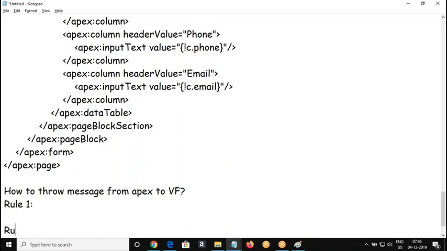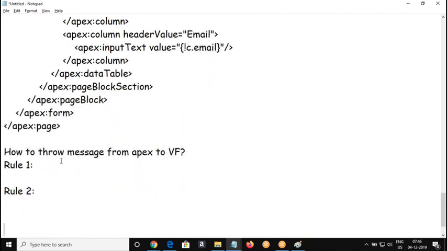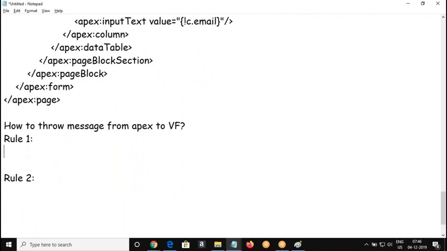Rule one. Did we cover this part? I don't think so. We covered this part. Rule one here is